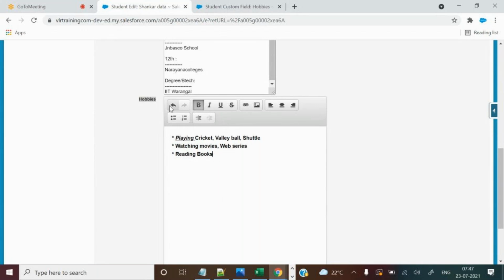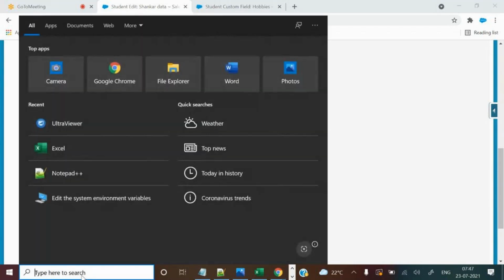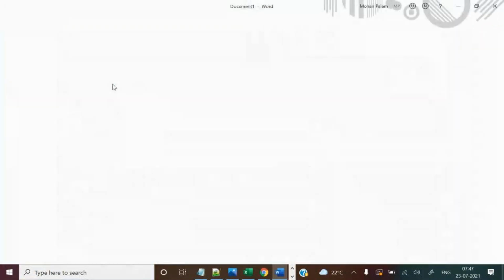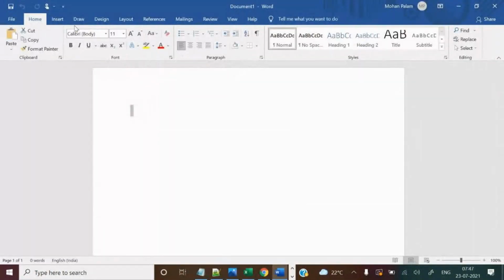Where have you seen these features? In the old Microsoft Word document, you have seen, right? So a few of the features are there. You can see format: bold, italic, underline, all these features.